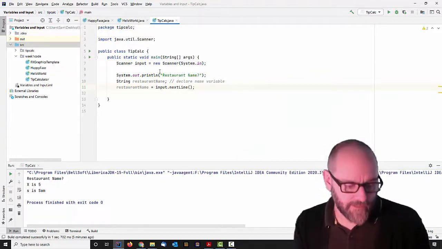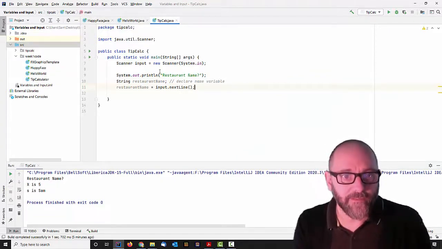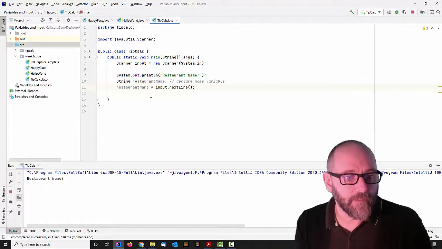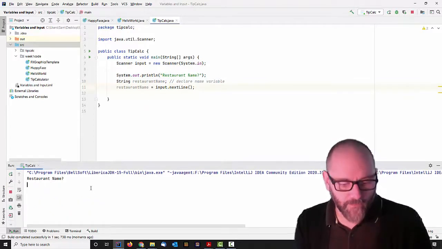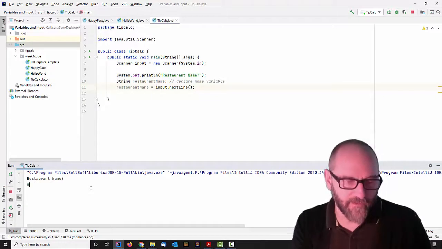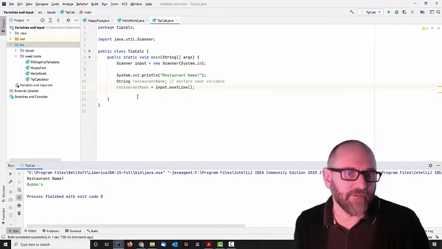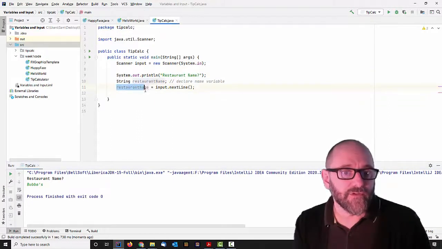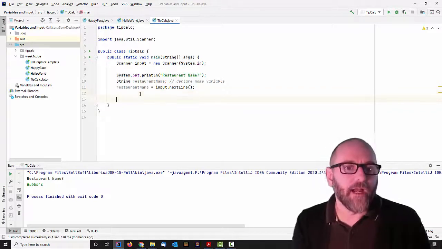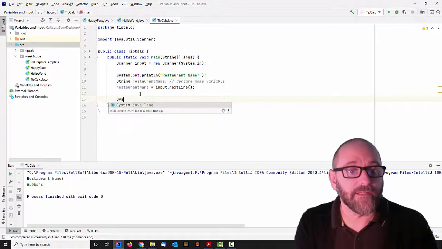Okay, let's run this. So it's Control-Shift F10, I believe, right, to run it. So it says restaurant name, and it's waiting for me to say, Bubba's. Okay, and that's all it does. It just gets that restaurant name and then exits. But it's stored it inside the restaurantName variable. Okay, now we want to say